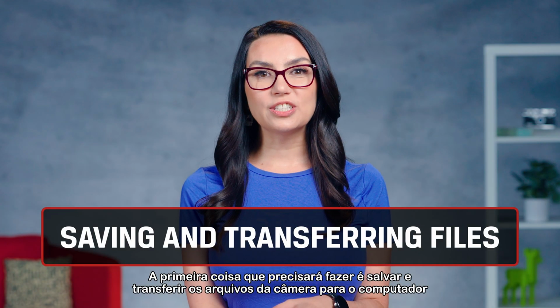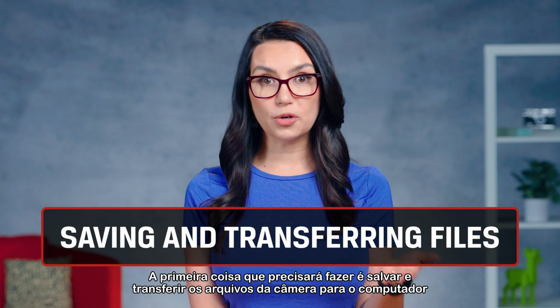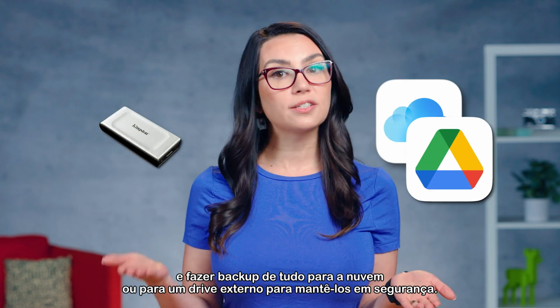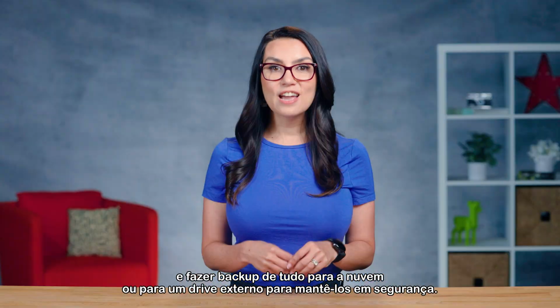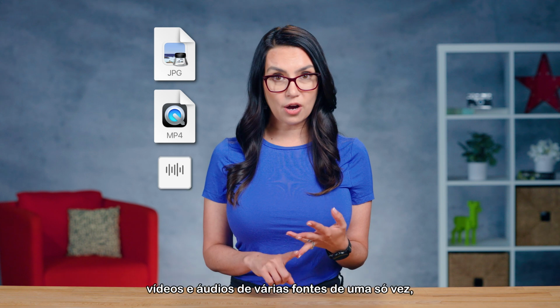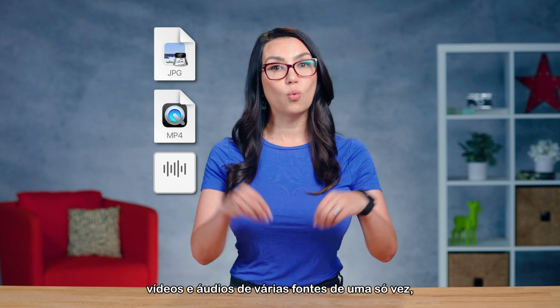The first thing you want to do is save and transfer your files from your camera to your computer and back up everything to the cloud or an external drive for safekeeping. For a speedy transfer, especially if you need to transfer photo, video, and audio from multiple sources all at once,